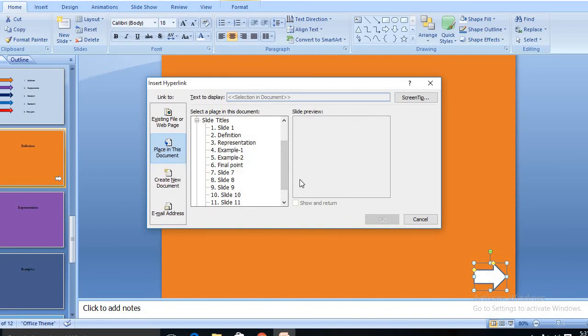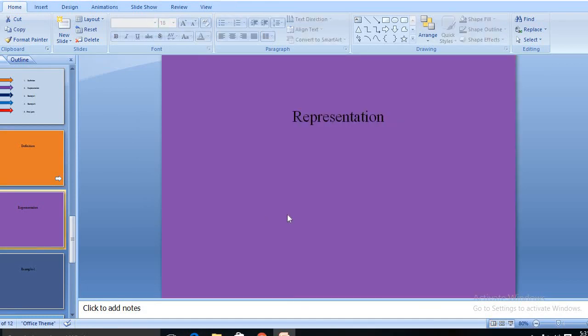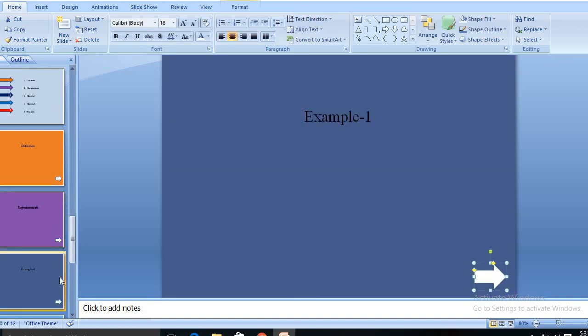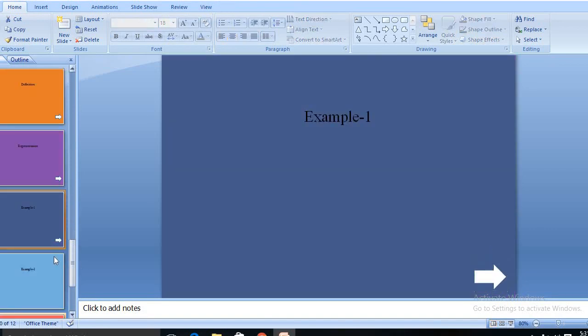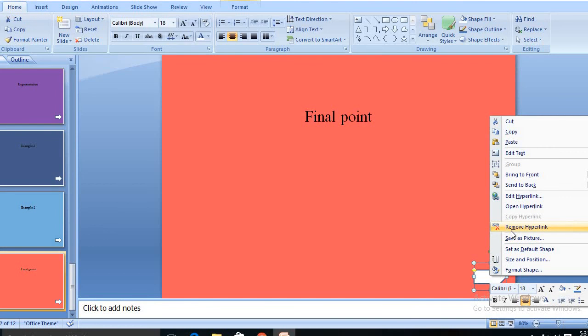I am connecting this arrow to the dashboard slide. This is the dashboard slide. Then I simply copy this one and paste it on all the slides. Connect hyperlink.